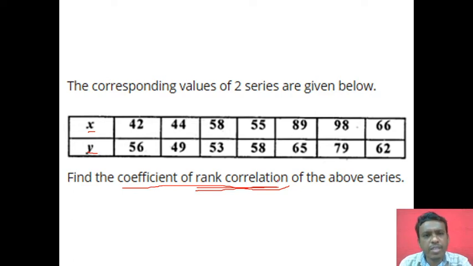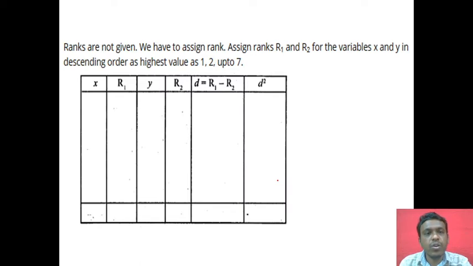The problem is very much similar to the previous problem that we have solved. The only thing is the first step changes, where we have to give ranks to these people. While we are noting down, we should remember that ranks are not given here. As ranks are not given, we will assign ranks, that is R1 that represents X and R2 that represents Y. So these two ranks R1 and R2 will be given to variables X and Y respectively, and you can either start from highest or lowest, that is, either in ascending order or descending order. The final answer does not change.